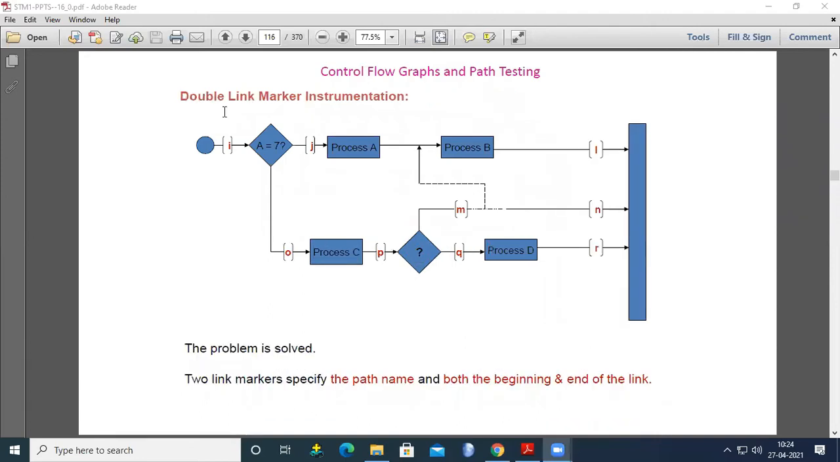Next one, double link marker instrumentation. Here, two link markers specify the path name, at both the beginning and end of the link. The first one,